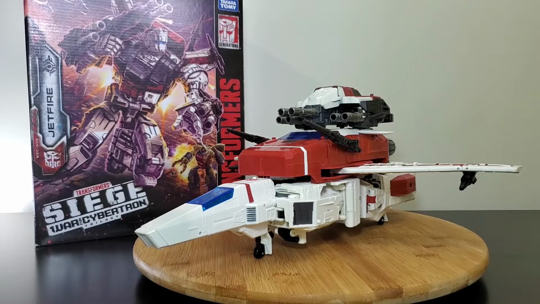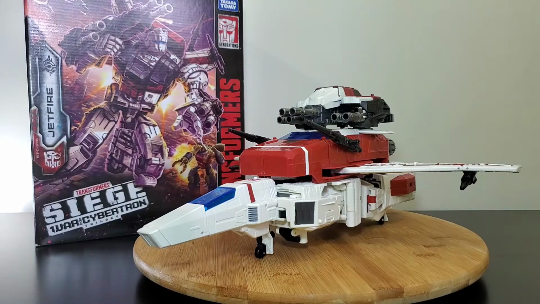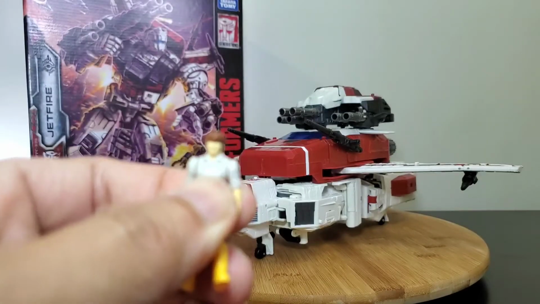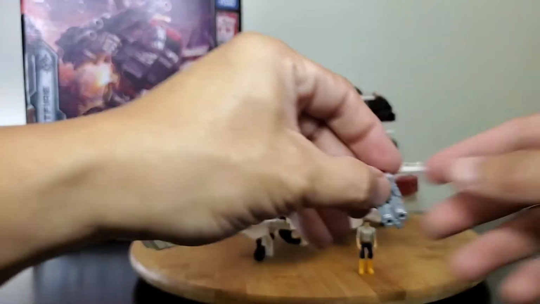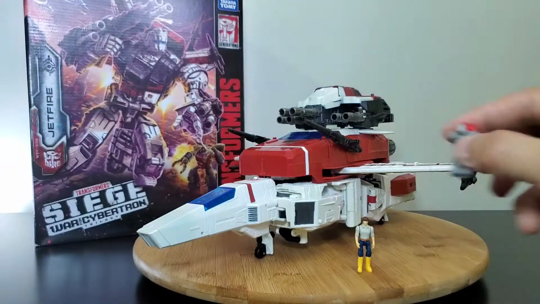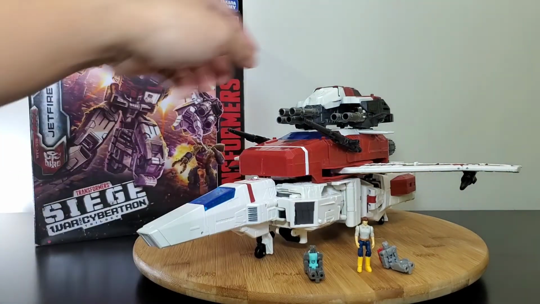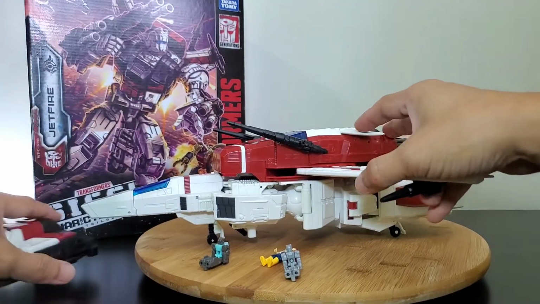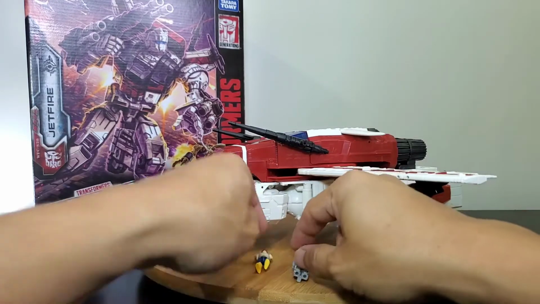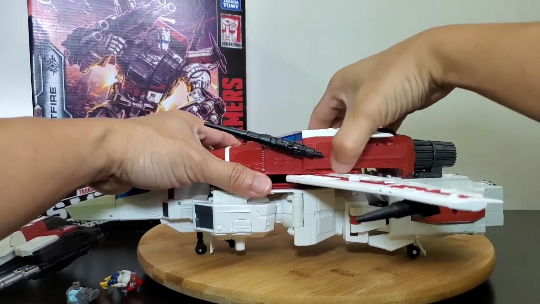And according to the instruction, this part is called the Turbo Thruster Booster Pack, and it also has one more playability factor in this one. If you have Spike from the MP10 and some Headmasters like Hot Rod Headmaster and Cups Headmaster, so we take out the armor first, and then this part on the top,